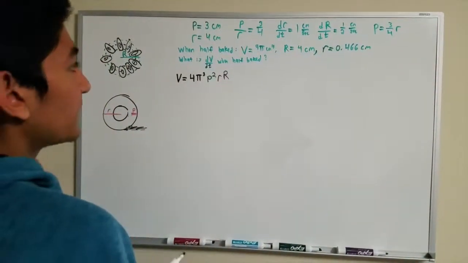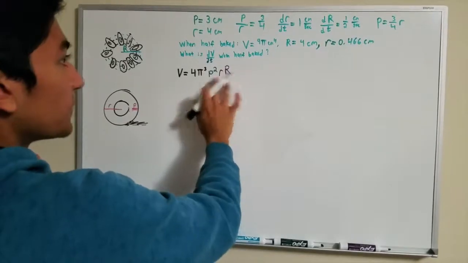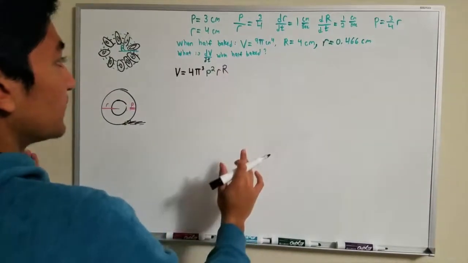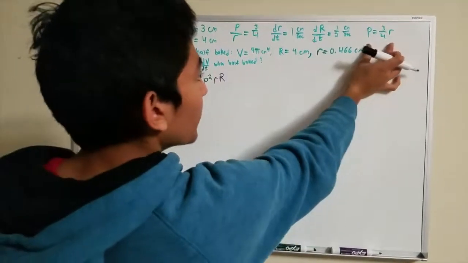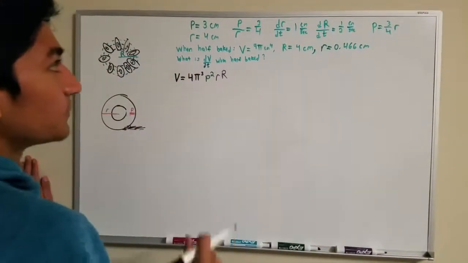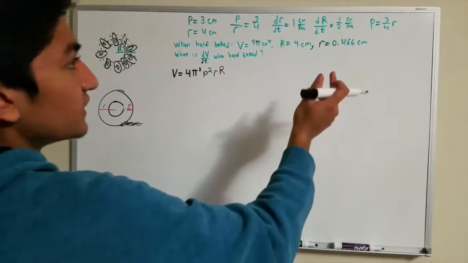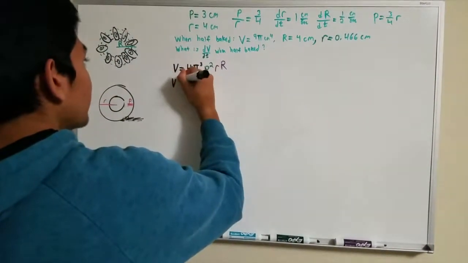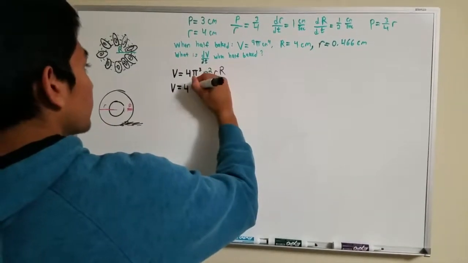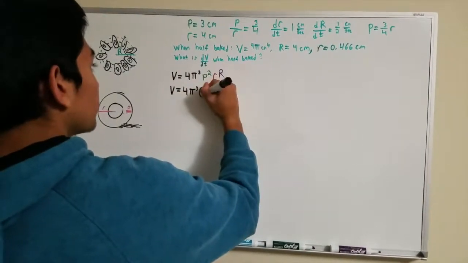So now we want to try and get rid of some of the variables and simplify this. We can see that we can put P in terms of R, since we have this ratio which says that P over R is equal to 3/4, or P is equal to 3/4 R. So we can substitute that in for P, and we get that